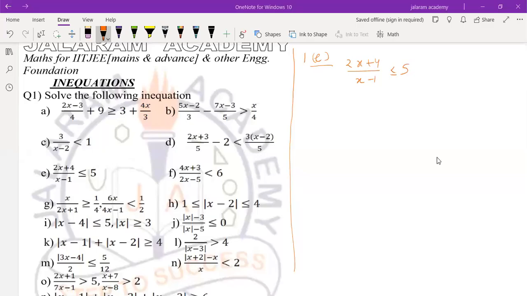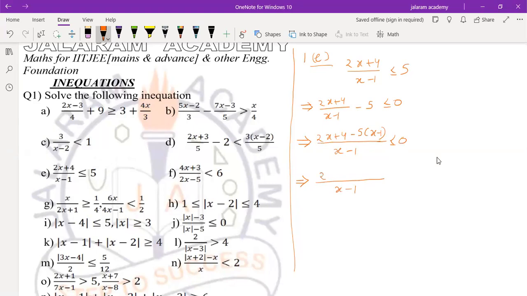So what should we do? First of all, 2x plus 4 upon x minus 1 minus 5 is less than or equal to 0. Okay, everyone? Then take the LCM, it is x minus 1. Numerator 2x plus 4 minus 5 into x minus 1 is less than equal to 0. It implies